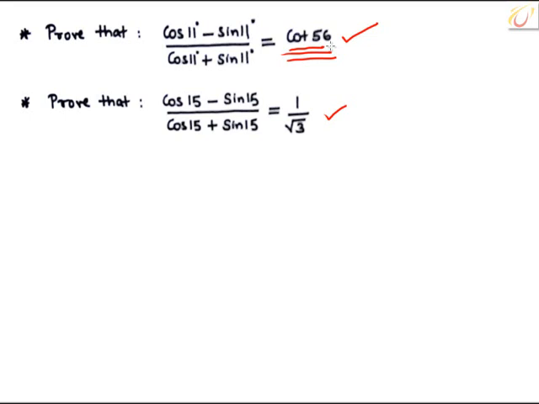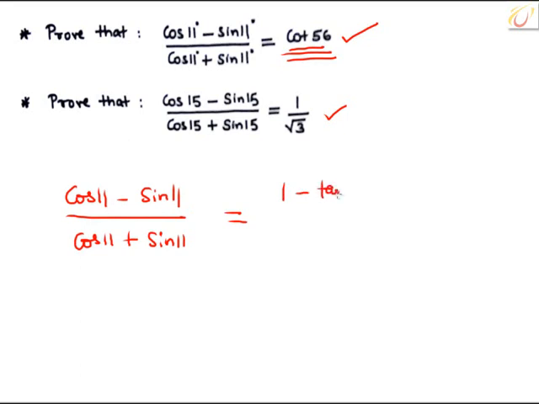So to give you a small solution, (cos 11 − sin 11)/(cos 11 + sin 11) will get converted to (1 − tan 11)/(1 + tan 11). This is a formula of (1 − tan θ)/(1 + tan θ), that is tan(45 − θ). In our case θ will be 11. So we get tan